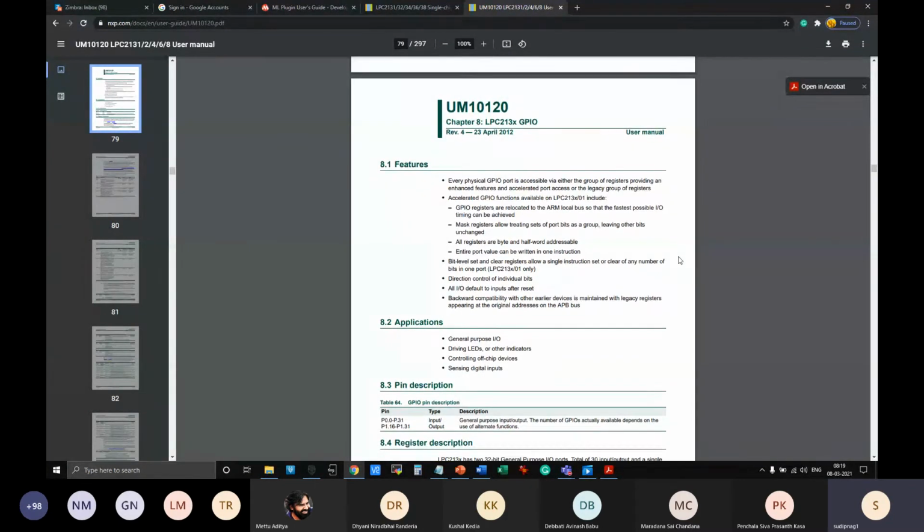Yeah, so this user manual is a very large document. As I said, you have to basically go to a particular section, and in this case the index is given towards the end of this manual. I think they have updated it. Earlier version had the index right at the beginning. Anyways, we'll start with the GPIO description of this ARM microcontroller.